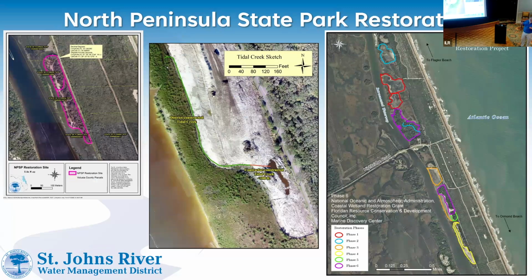So this is the last piece we did. This is all the work we did in North Peninsula State Park. We started, these were the two that I showed you the initial work on. This was in the initial phase. Then we went down south. This is High Bridge Road. If you know where High Bridge Road is, there's some really cool,